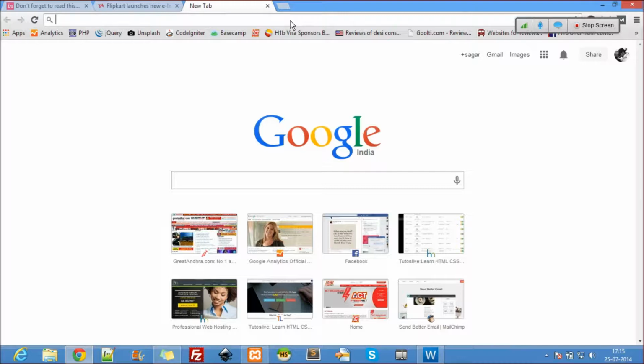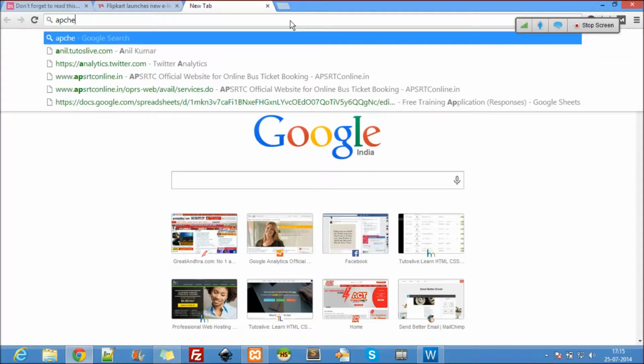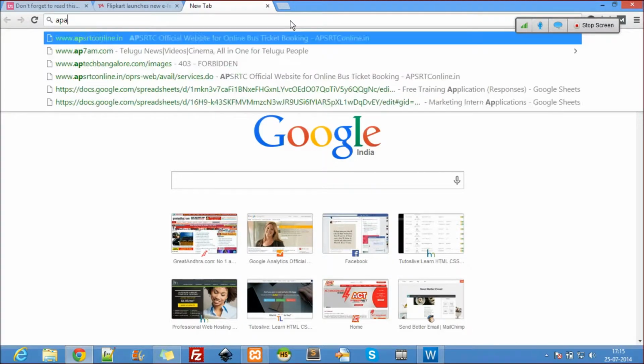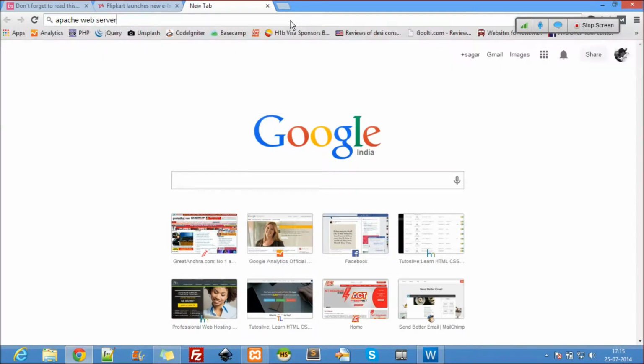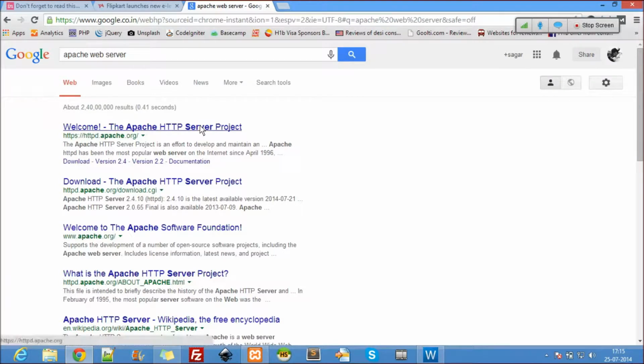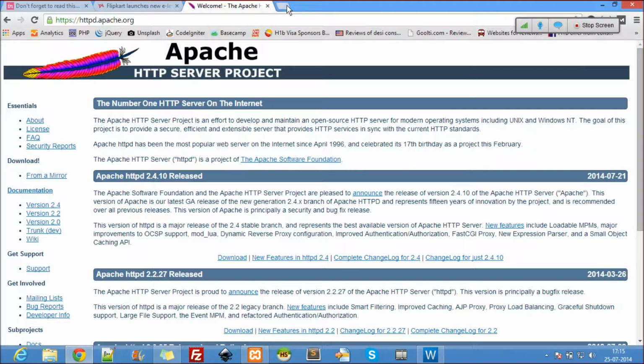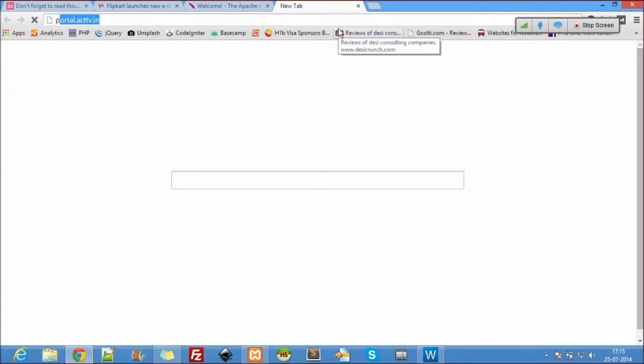So now, how do you do it? Usually what people really do is, Apache web server. So this is the site to download the Apache web server. You can see it here, download. Okay, this is for the Apache. Then you have php.net.